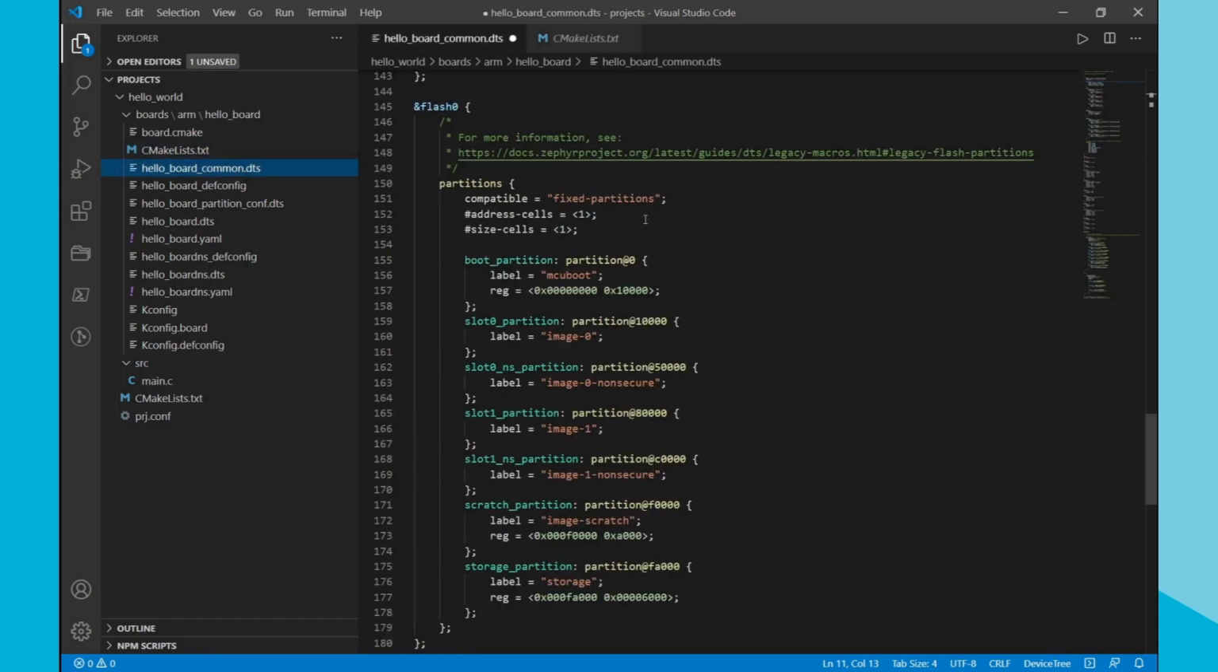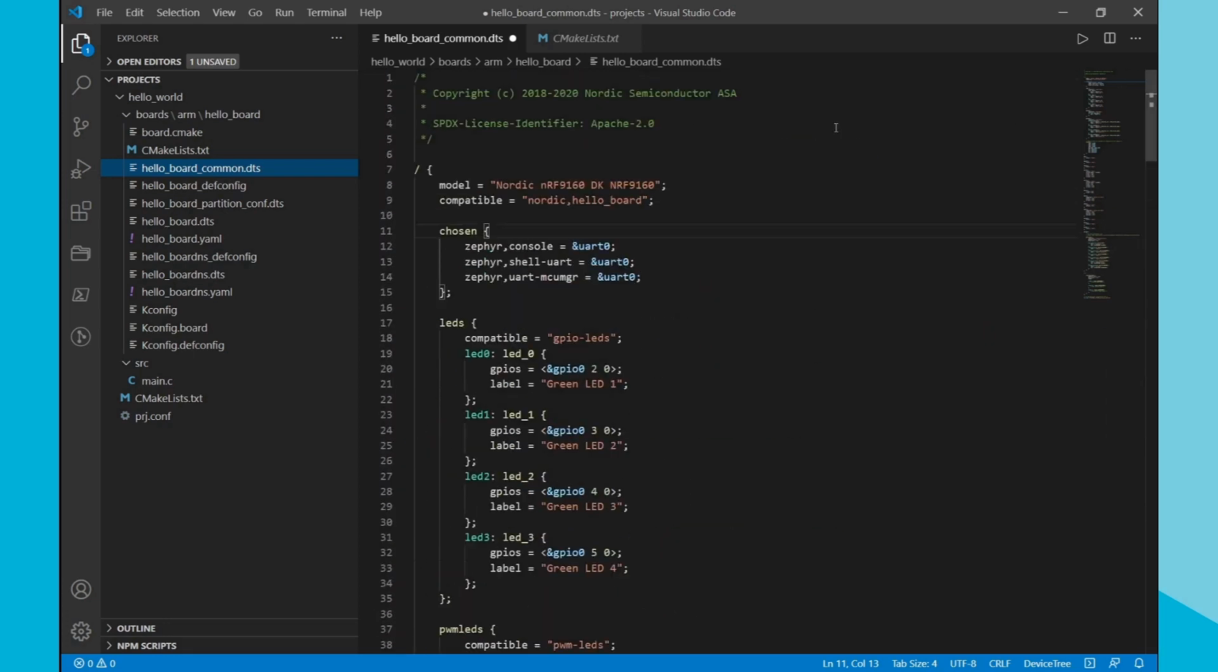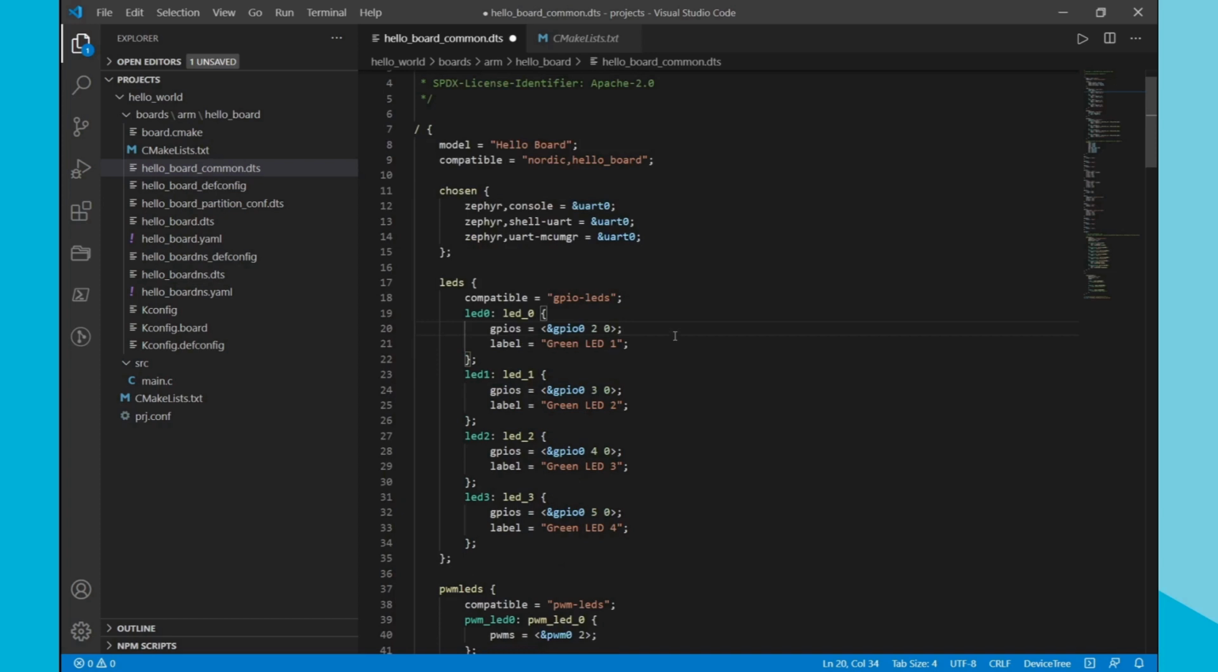Then we have the Hello Board common, which is settings that are common for both secure and non-secure in the ARM MCU. So yeah, here I've already edited this one to Hello Board. We can also give this model name something else. Let's call it Hello Board. And the DTS file, or